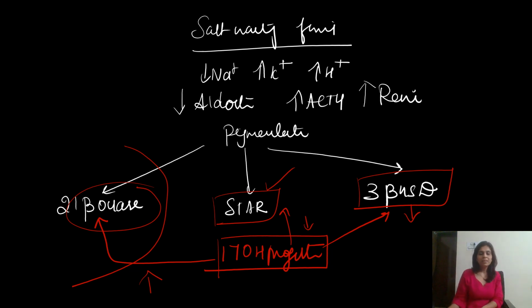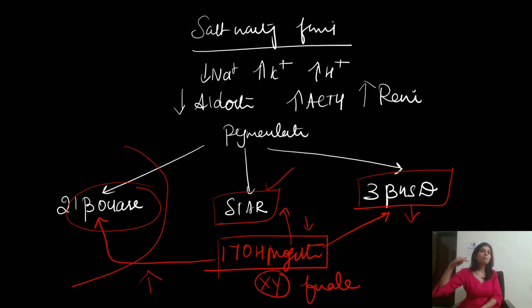So what happens in a genetic male? In a genetic male in StAR protein defect, though the person has XY chromosomes, because androgen is not getting synthesized, what did I say? Internal genitalia will be of female type and external genitalia will be female type. So the child will be reared as a female. Okay, in 3-beta hydroxysteroid dehydrogenase defect, DHEA is formed. It is just that it's not a perfect androgen, but it can support male type of external genital development.